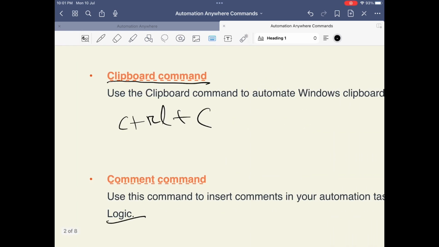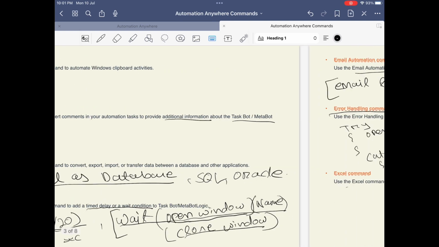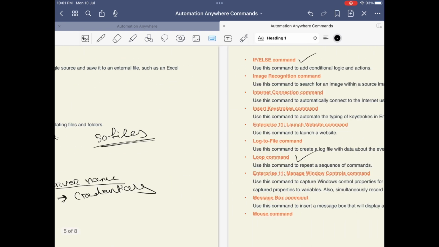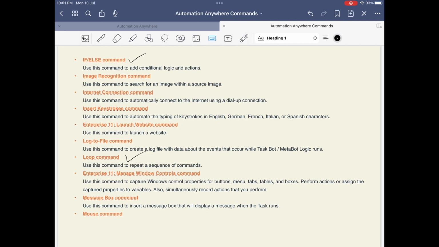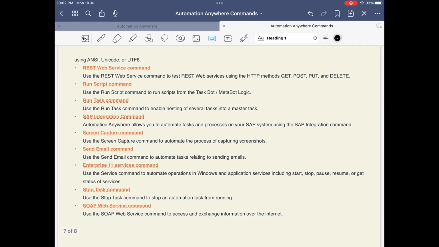In our first part we discussed the clipboard, database command, and email automation command. Then in the second part we discussed the if else condition, log to file, and loop command. Even the object cloning command we discussed in our last session. If you haven't watched that video, I suggest you go through it. And today we will discuss